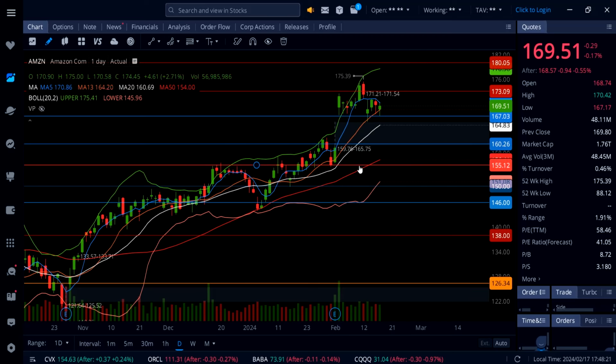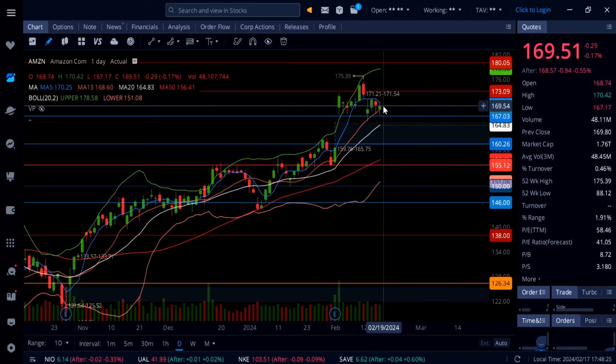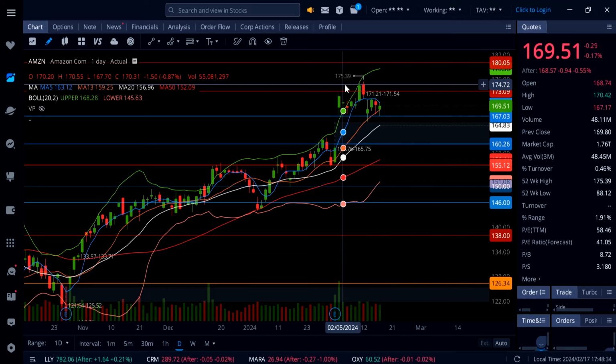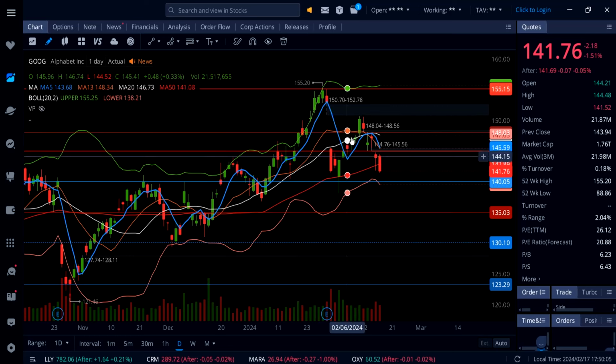To the upside, Amazon needs to break 170, and above that you are going to see a move up to 171.54, 173, and then possibly going even higher back up to this high 175.39. On Google, stock is down 1.51%, and now Google trading below all these moving averages right here on this